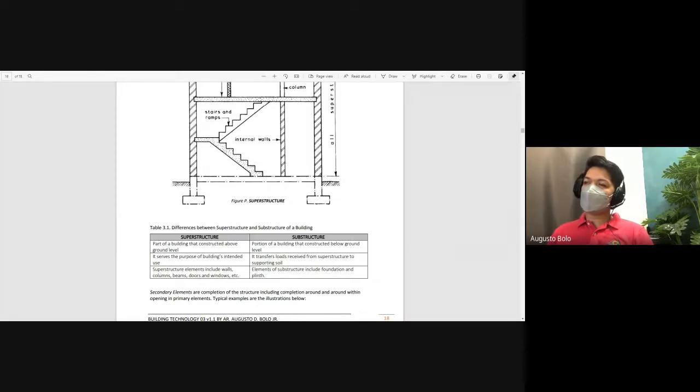Superstructure elements including walls, columns, beams, doors, and windows. On the substructure part, we have the foundation and plinth, meaning